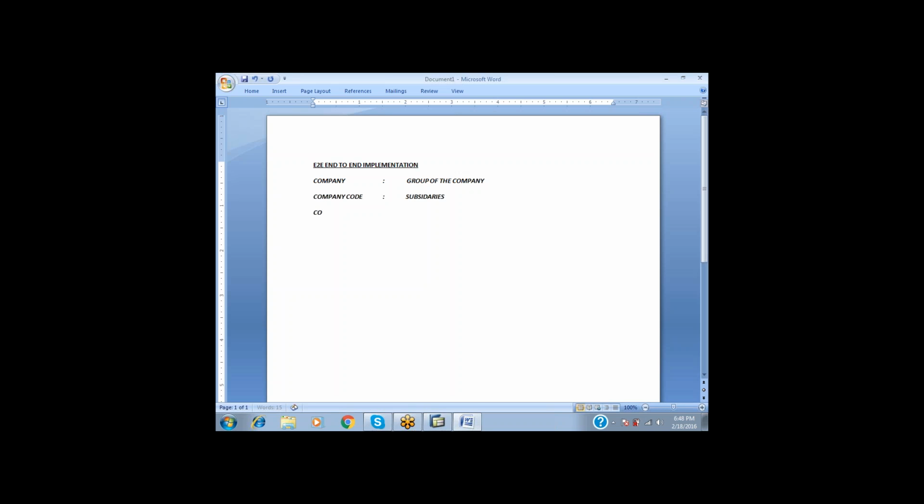And the third one is called the consolidation business area. It is whatever physical offices the company has, where they physically do the business.